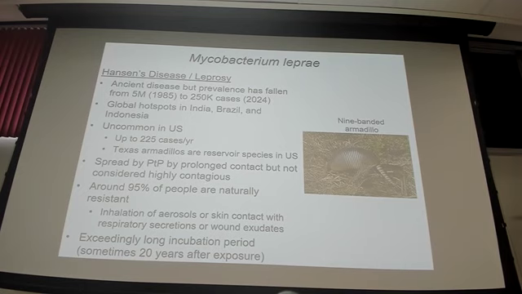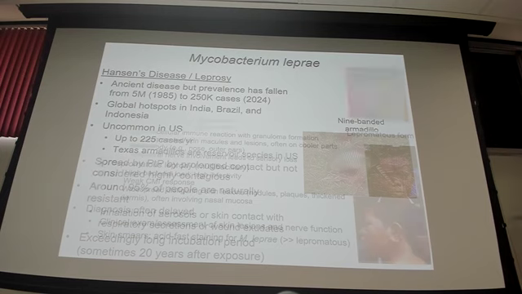And on top of that, most people are naturally refractory to the disease. 95% of people would have a hard time getting it in the first place, just because our immune system is pretty well adapted to clear these bacteria. When you do manage to establish an infection though, because of how slow growing Mycobacterium leprae is as an organism, it can take a very long time to progress to having symptoms, like 20 years. This is one of the longest incubation periods known. Could be shorter than that too, but it does take a long time. Generation time for these bacteria is extremely long.